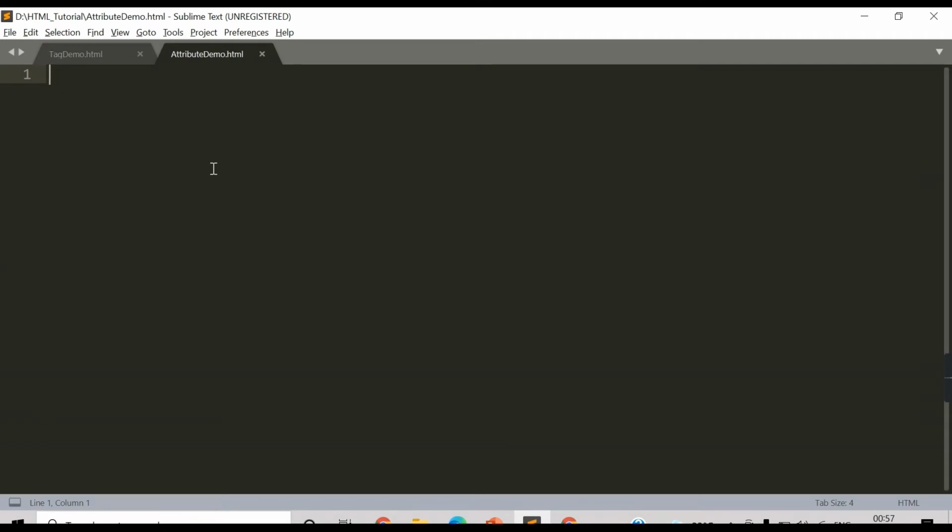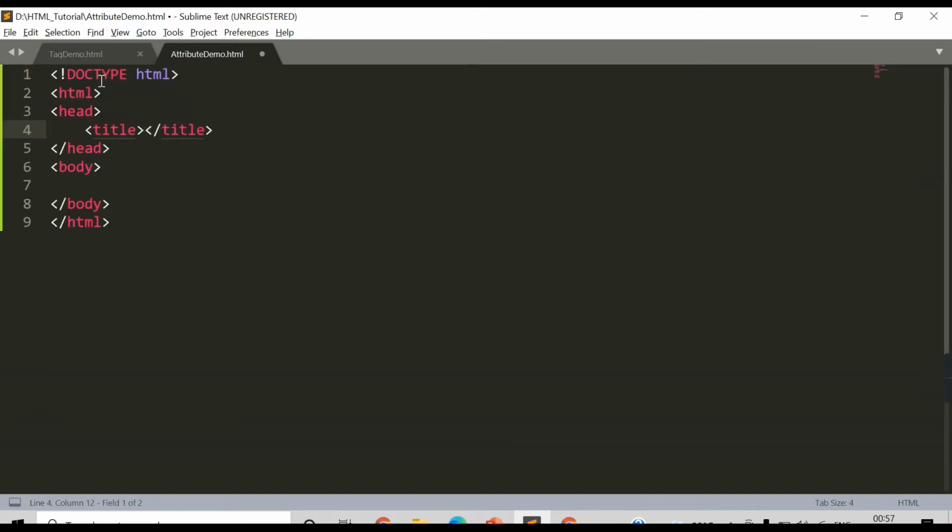So here we have our attribute demo.html. First let's get the blueprint of HTML. So here is our blueprint.